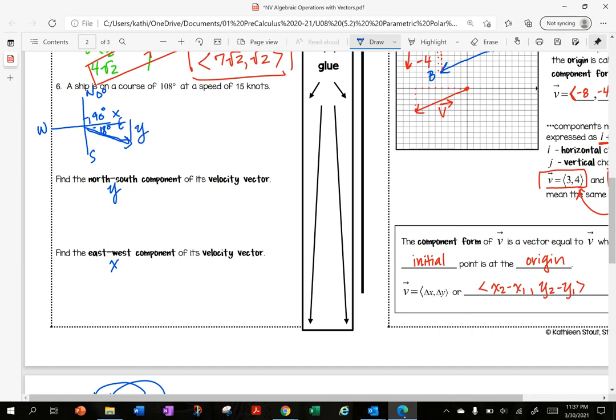So this is really negative 18 degrees in the math. So the sine of negative 18 degrees is y divided by 15, since 15 knots is my radius or my magnitude. So y equals 15 times the sine of negative 18 degrees, which is